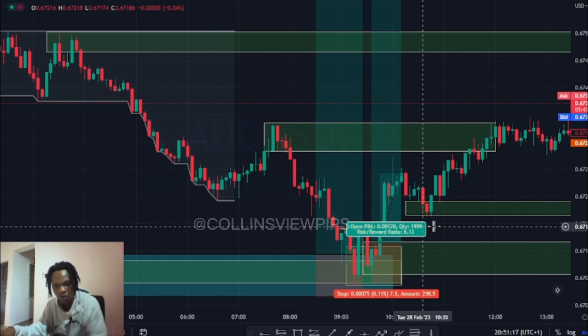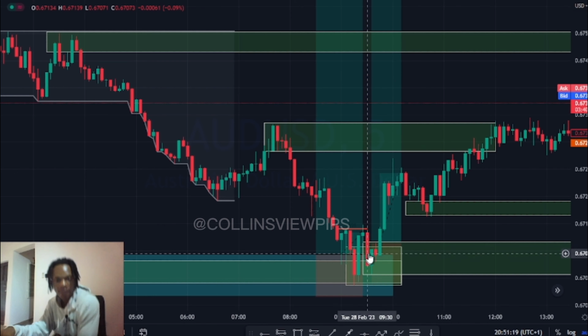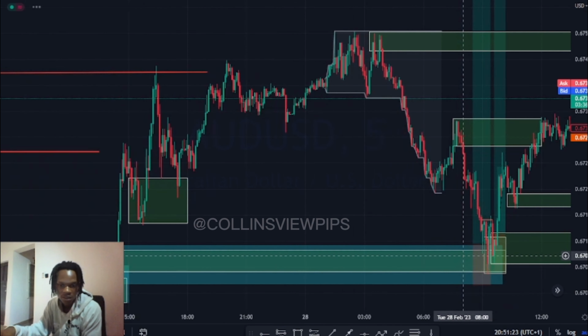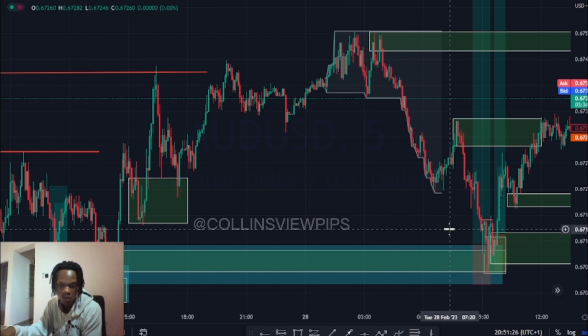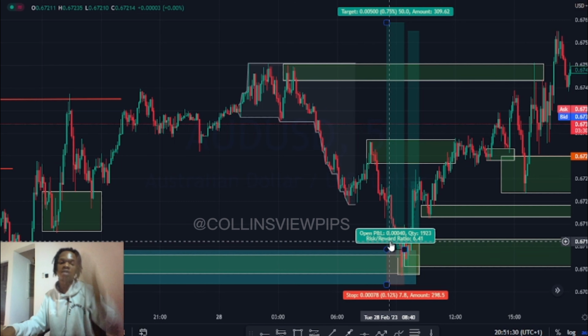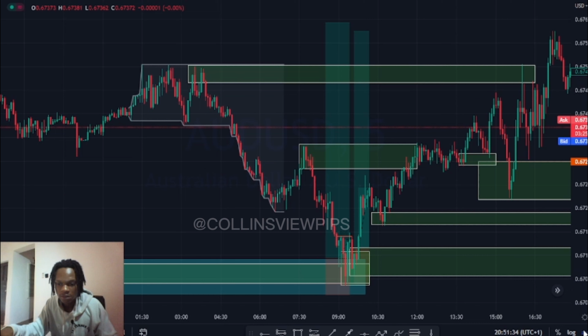Okay, break of structure. That was the break of structure there. And firstly, remember I told you I had an entry set. I had this limit set first, so that was my first entry. If the market was going to take that out, I was fine with that. So I had the limit set, and then